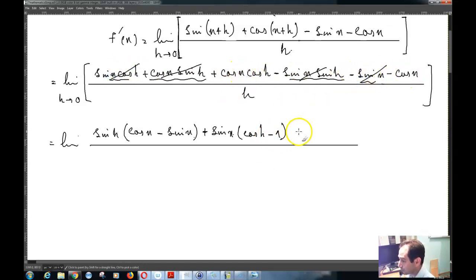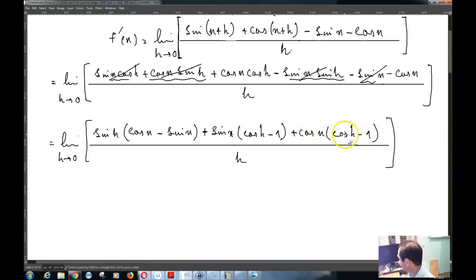Then over here you have cos x, I write cos x over here times, for example, cos h minus 1. And divide that by h as h tends to 0. Then you have cos x minus sin x, cos h minus 1, and then you can take